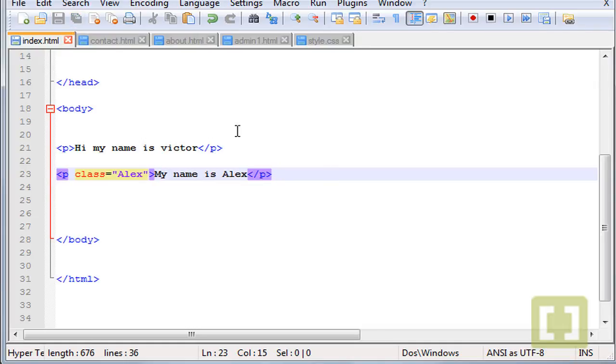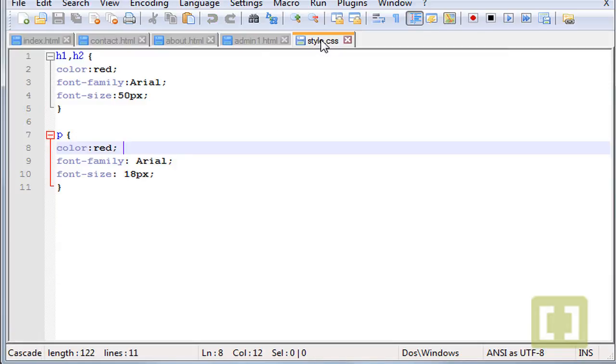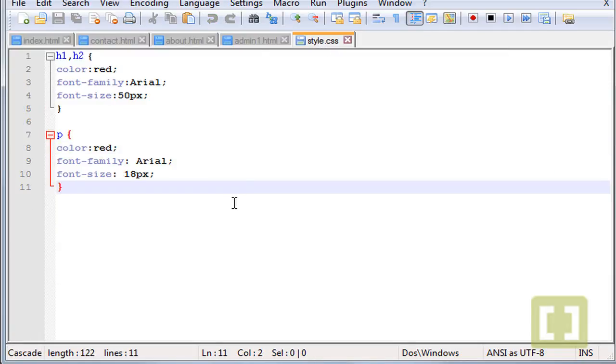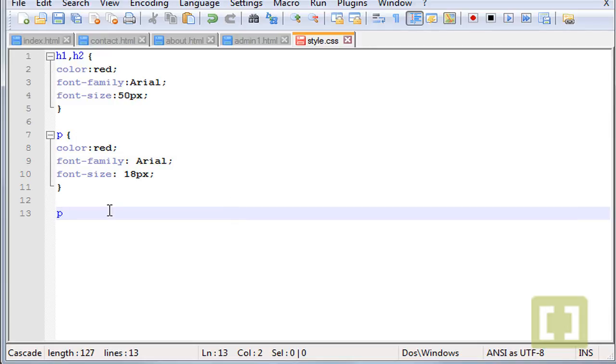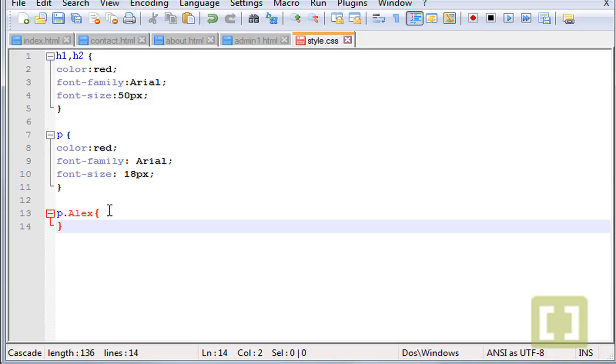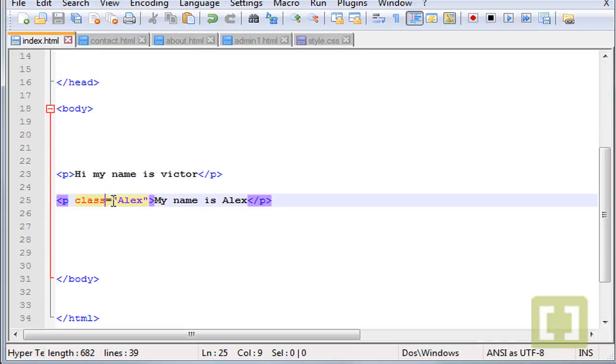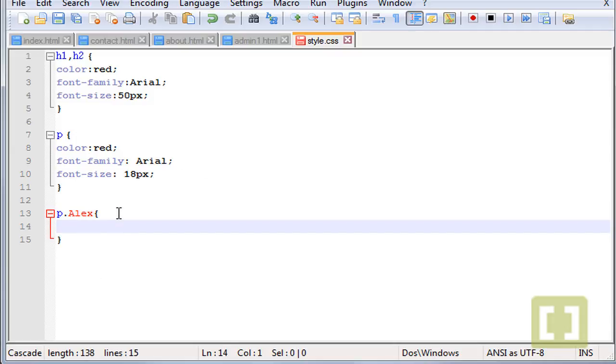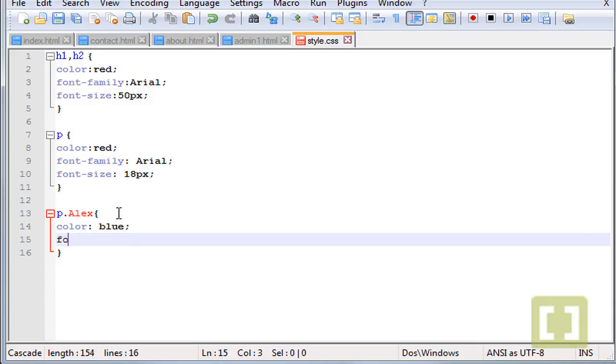Okay. And now you can go to style.css, and here you can type P for paragraph, dot for class, and now the name of the class that you want to select, which is Alex. Okay, as you remembered, you typed Alex and it's the name of the class. And now we can type whatever attributes and style whatever we want. Let's give it a blue color here, and font